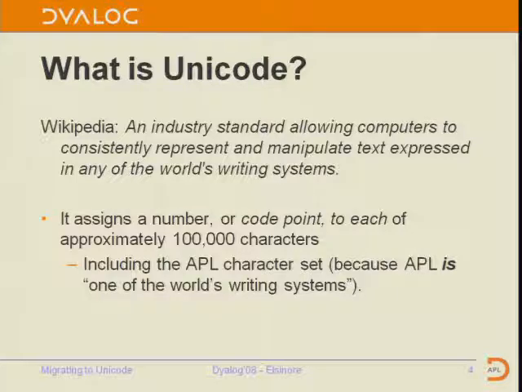And there are a bunch of people, I guess, Bob, you were involved on the APL standards committee getting the APL character set into the standard. When was that? It must be 15 years ago. It was right when Unicode emerged, right? Yeah.